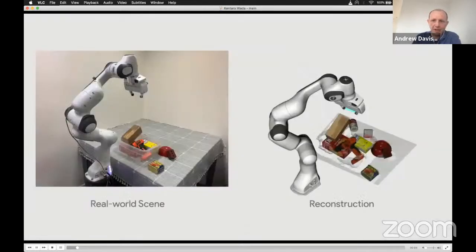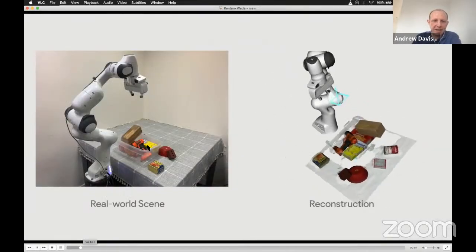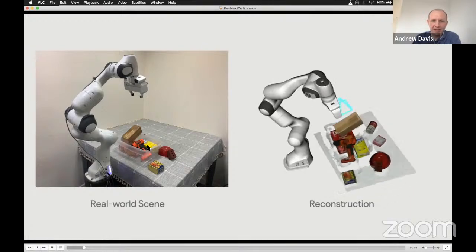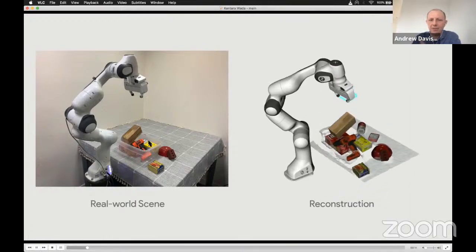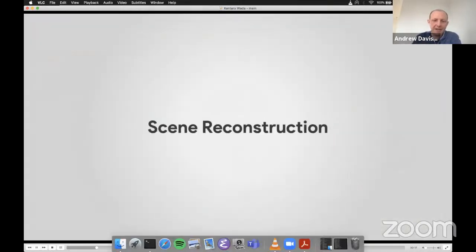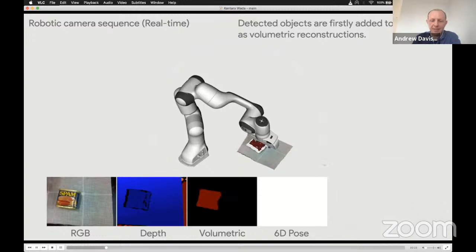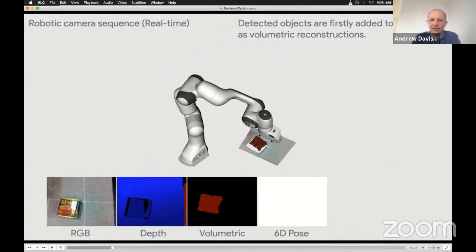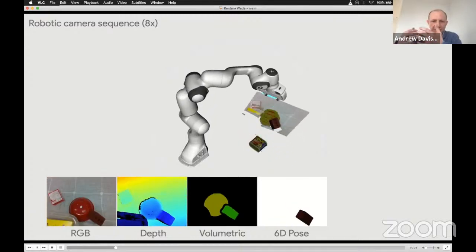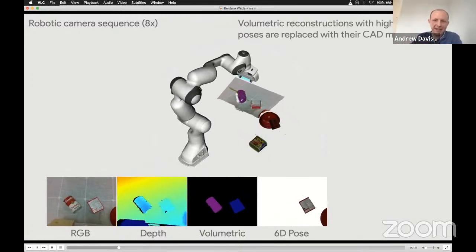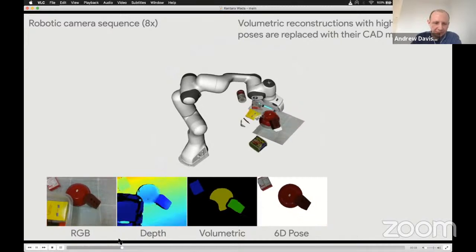So here's a robot arm, and it's looking at this cluttered scene with a pile of objects in a box, and it wants to be able to manipulate one of those objects. But in order to do that, it has to reason about the shape of all of those objects and their positions. So in Fusion, we jointly estimate the positions of this set of objects under the constraints that we know that real objects can't be intersecting each other.